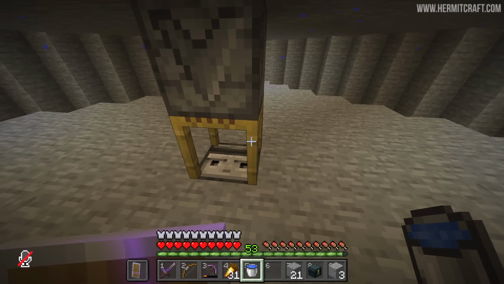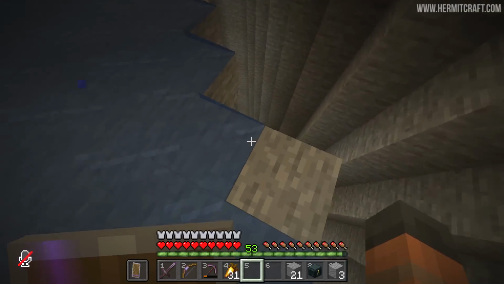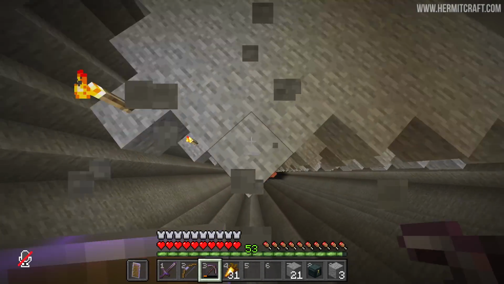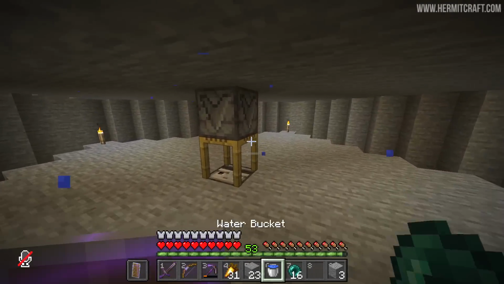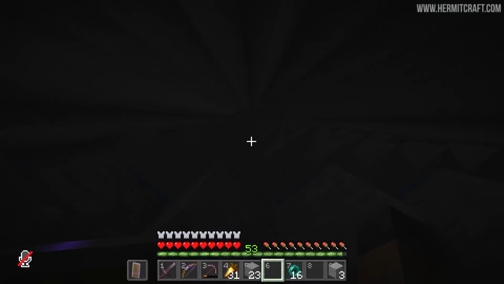So what we have to do is waterlog the scaffold and then put the empty bucket in the dispenser and do that going downwards because that's the way that the signals come through the farm. So I just got to do this one floor at a time. Okay, we have one more floor to go. And then when we back up here...